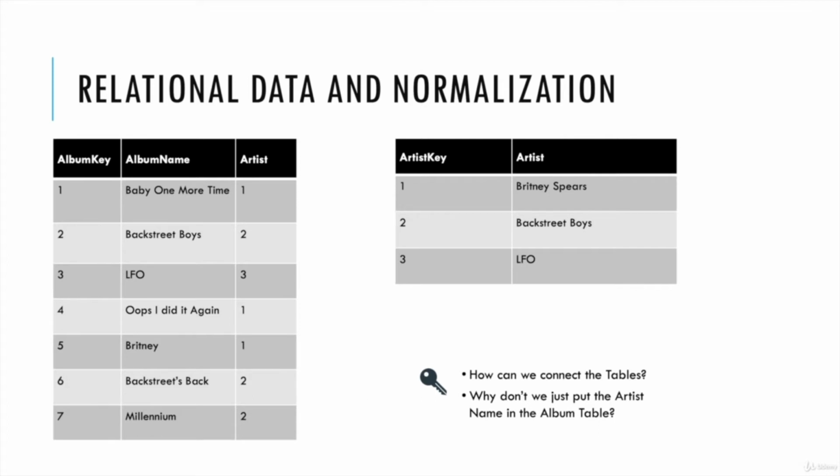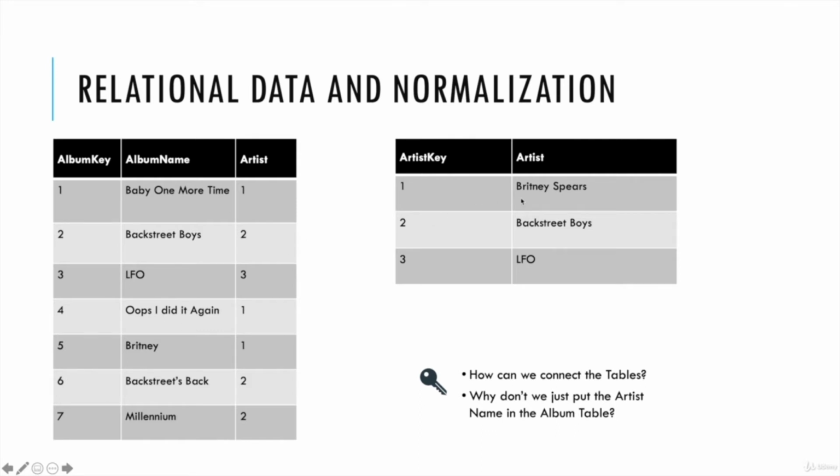And you might think to yourself, why don't we just put Britney Spears' name over here where it says artist one? And we could, but it probably isn't the best plan, because what happens when Britney changes her name to just Britney? Now we have to go through and update 1, 2, 3 records, which doesn't seem bad, but this might ripple into hundreds of thousands of records. By having it set up in this manner, we would have to change 1, and everything is automatically linking back